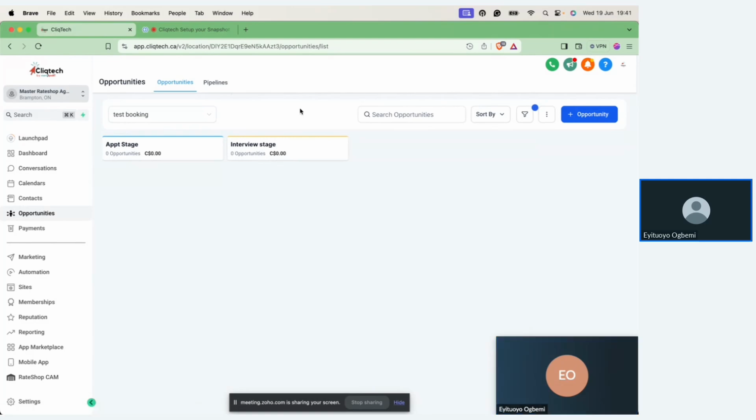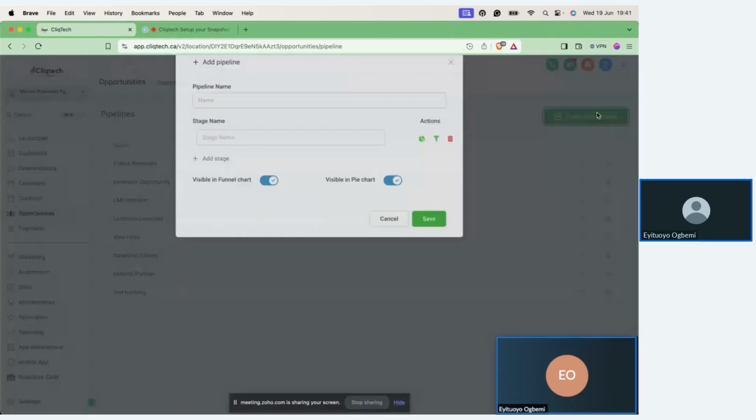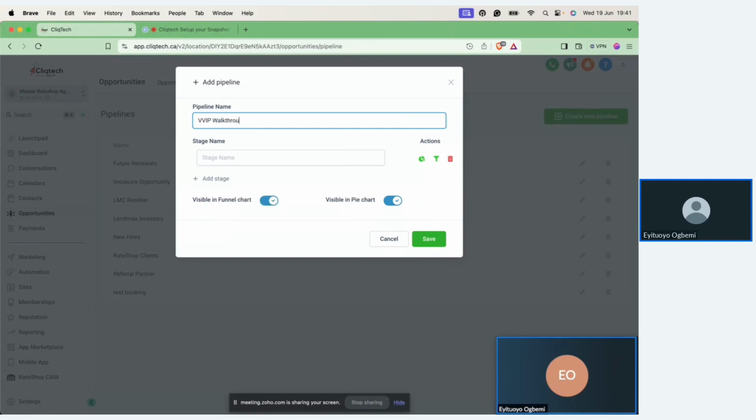You can have as many pipelines as you want, you can have 10,000 pipelines if you can deal with 10,000 pipelines, but I recommend just creating the ones you need. You start from create new pipeline. Let's call your pipeline walkthrough. Let's say the first step